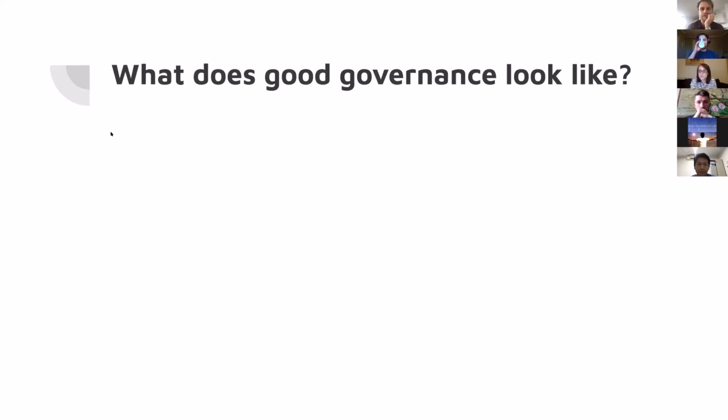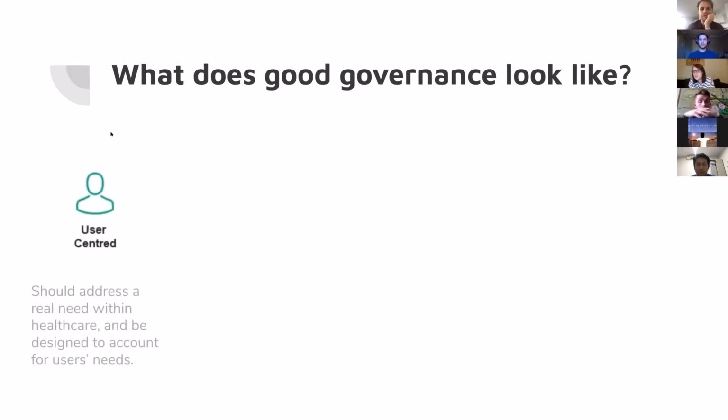But there are a few core principles that we here in the UK, working with mostly European partners, but also a few in Rwanda, Kenya and Nigeria, have been discussing, about how we come up with a model of what good governance or good regulation would look like. The key principles we talk about are, first, being user-centered. It should really address a need within healthcare. It shouldn't just be to make money. It should be designed for users' needs, both accessibility and their cultural context.